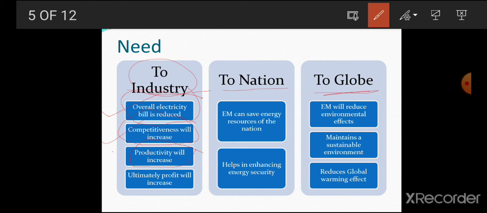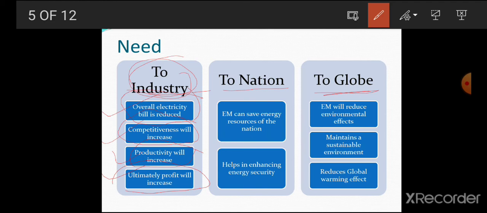If your costs are saved, the extra savings or extra earnings can be used to increase productivity. And the last is that ultimately profit will increase. So this is the need for the industry, why industry should go for this energy